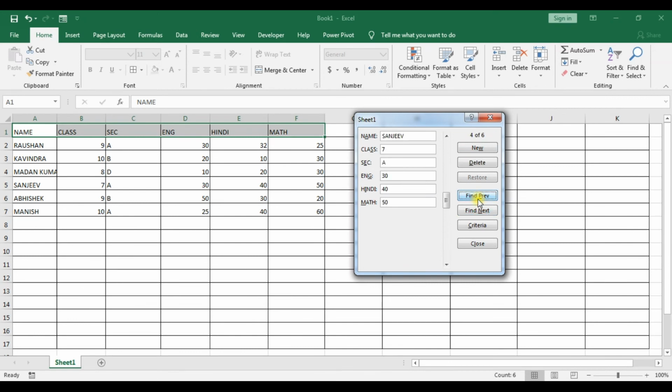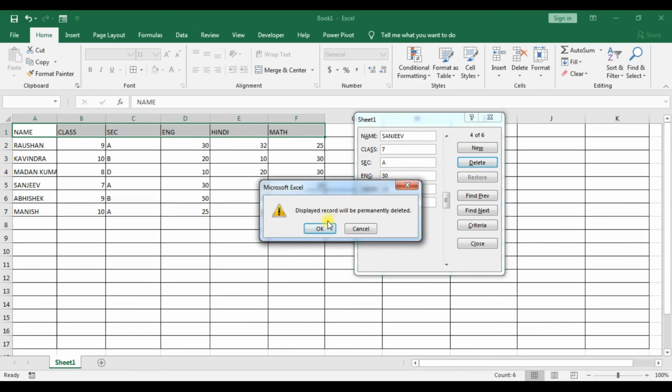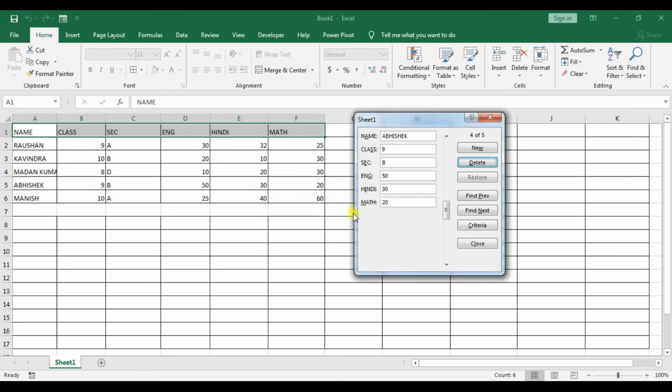Suppose you want to delete the Sanjeev record, so you click on delete, click on OK. In this way you can delete a record, you can find the previous record, you can find the next record, and you can search a record by using the criteria option. Once again, previously I searched for section A. Now I am going to search for class 10 and press enter.